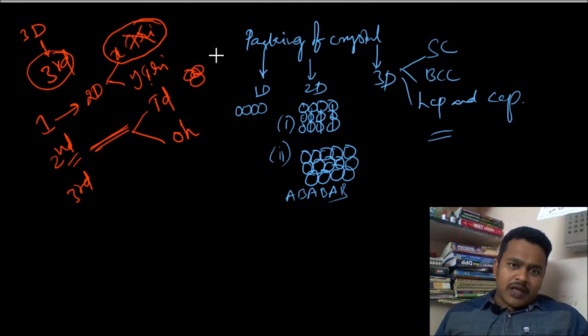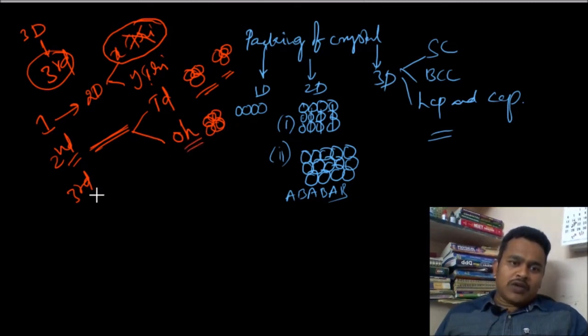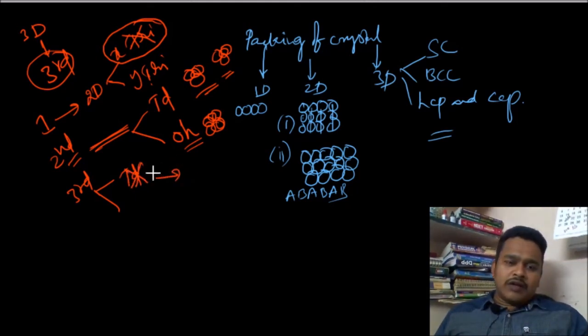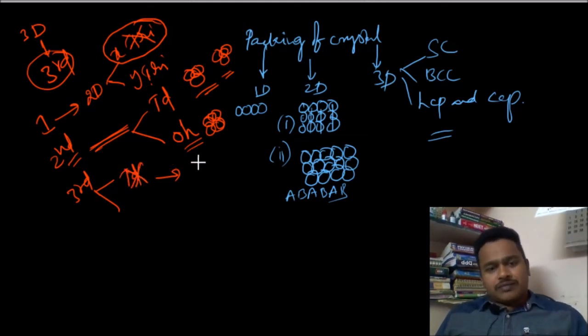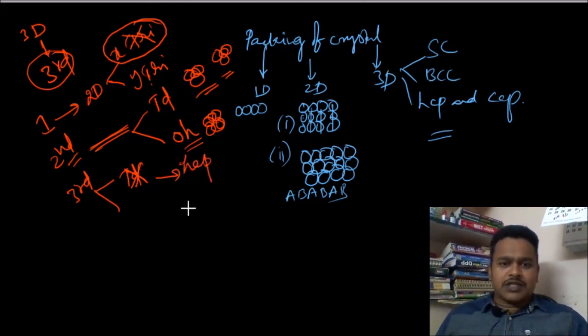otherwise above 3 spheres and below 1 sphere. In this manner tetrahedral voids form. How do octahedral voids form? Below 3 and above 3, like that octahedral voids form. Now two layers are over. How does the third layer form? If the third layer covers the tetrahedral voids, that system is called the HCP structure.